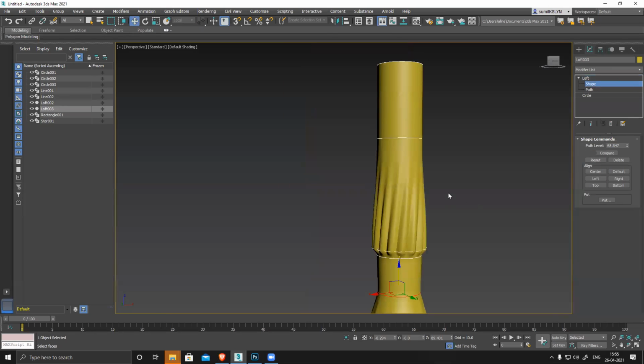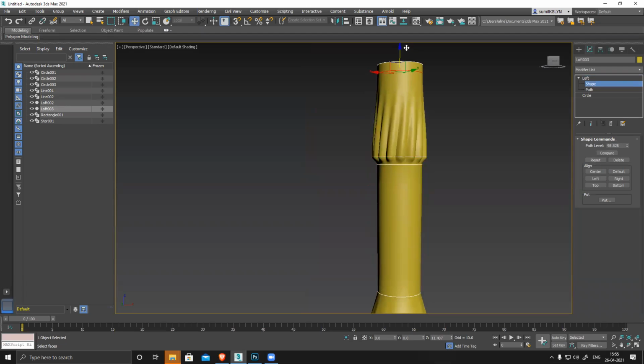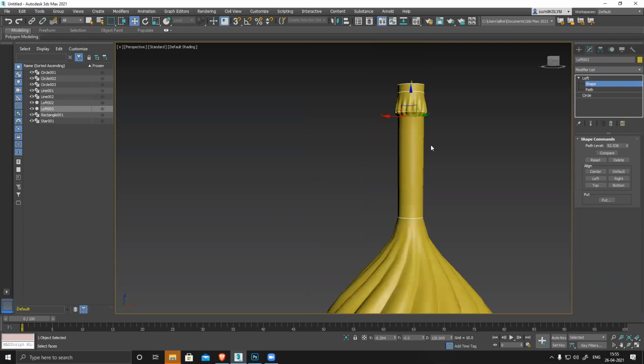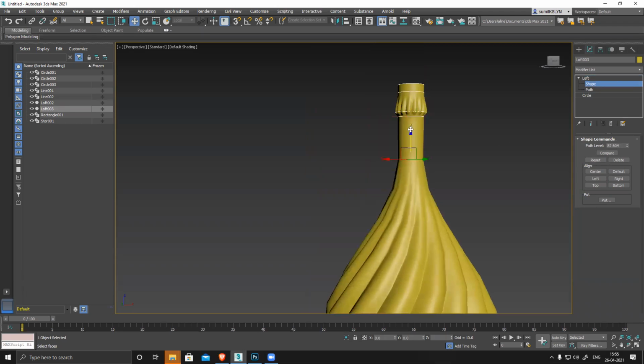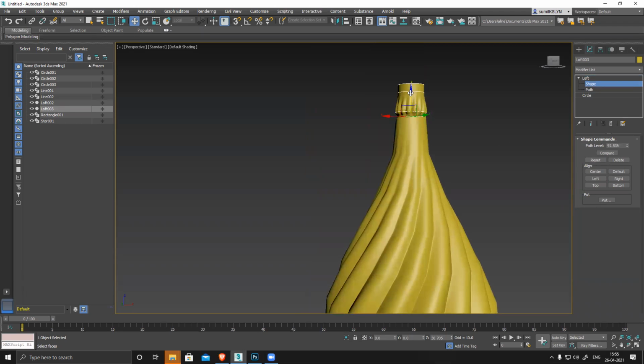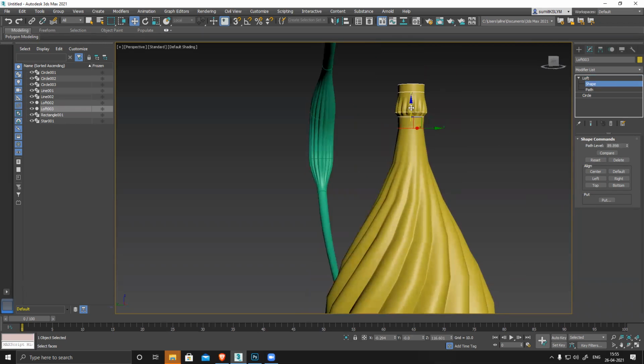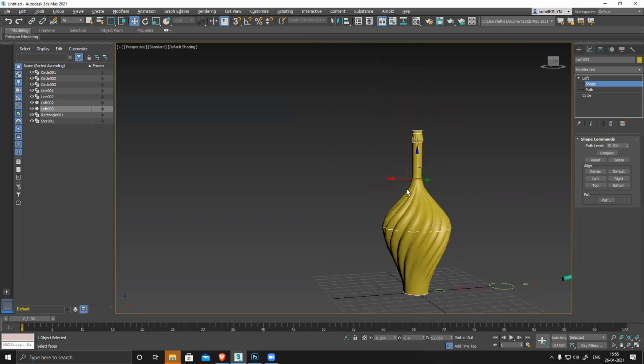Now I have all this shape and everything. I'm going to move it together, move. So like this, I can create really nice things.